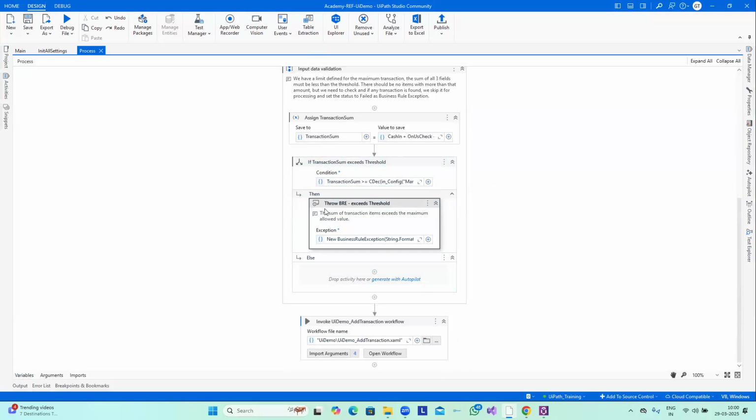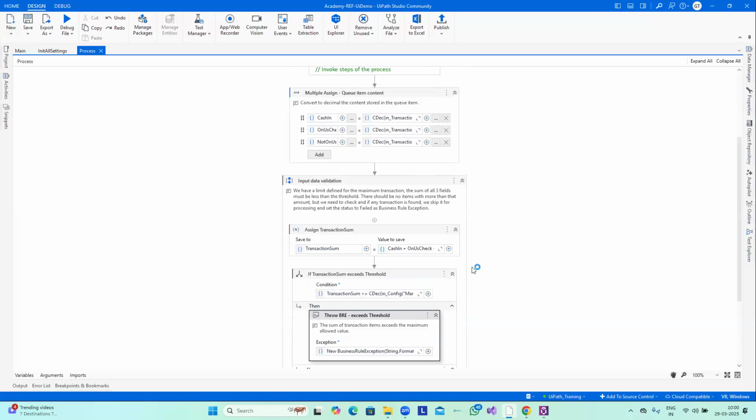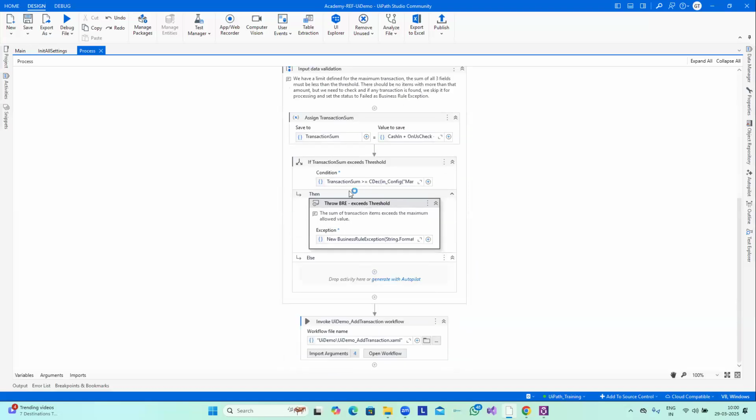If it is, then I would like to throw a business rule exception, and I'll show you what happens whenever we raise a business rule exception. And if no error occurs, it will go to the UI demo add transaction data workflow. And over here, what we are doing is